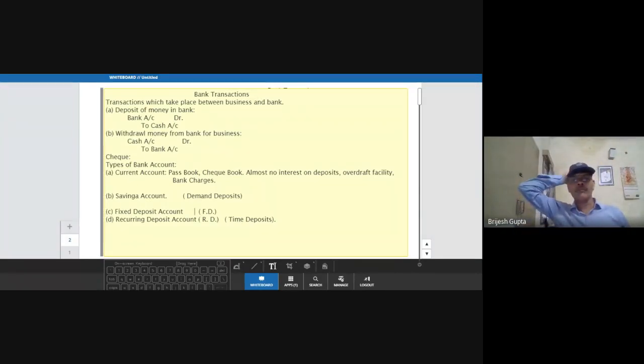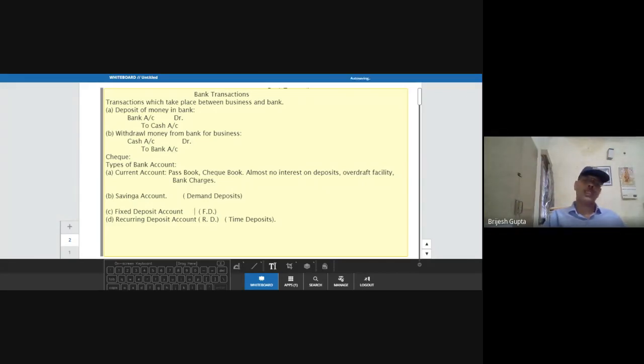So whenever we open a current account in the bank, you might not be aware of how to open an account in the bank. So there is a simple procedure of opening an account. If you want to open the account, you go to the bank and take the application form for opening the account. The bank will provide you an application form. In that you have to fill in the details: your name, address, father's name, mother's name, whatever it is. Then your occupation or business or profession, what are you doing?